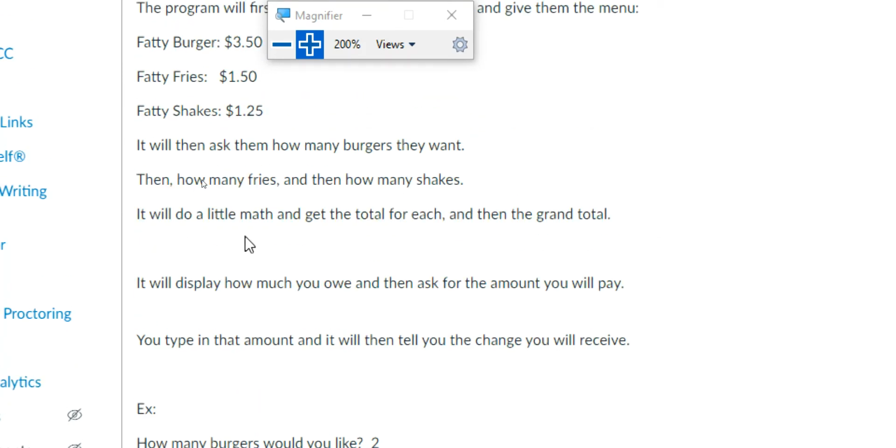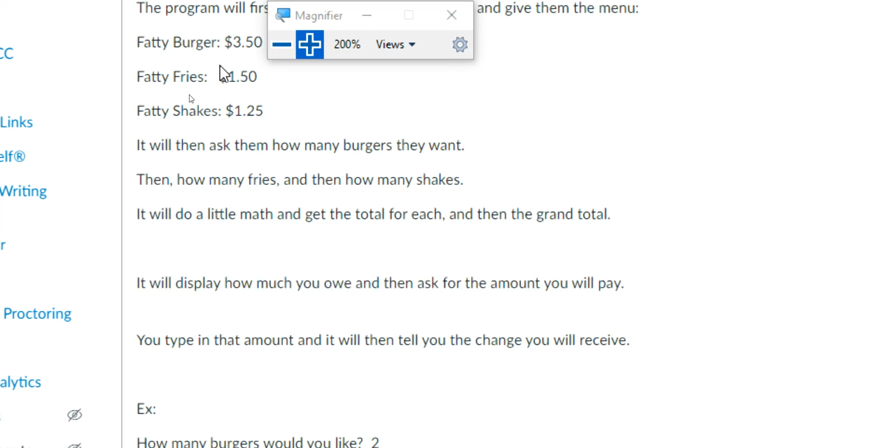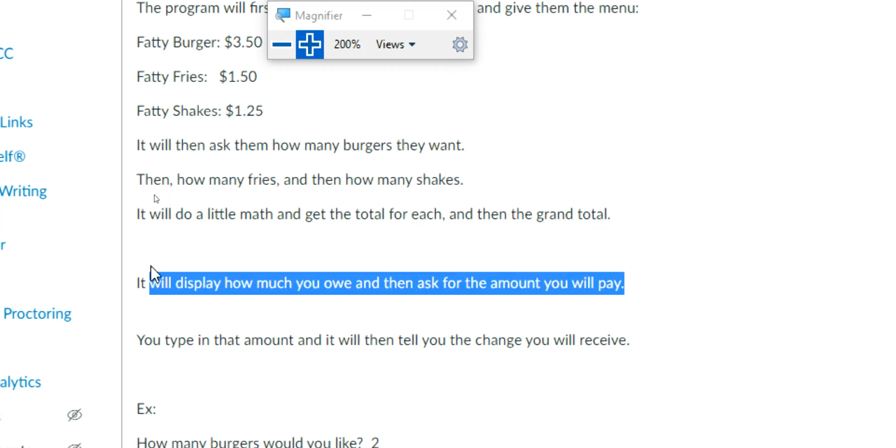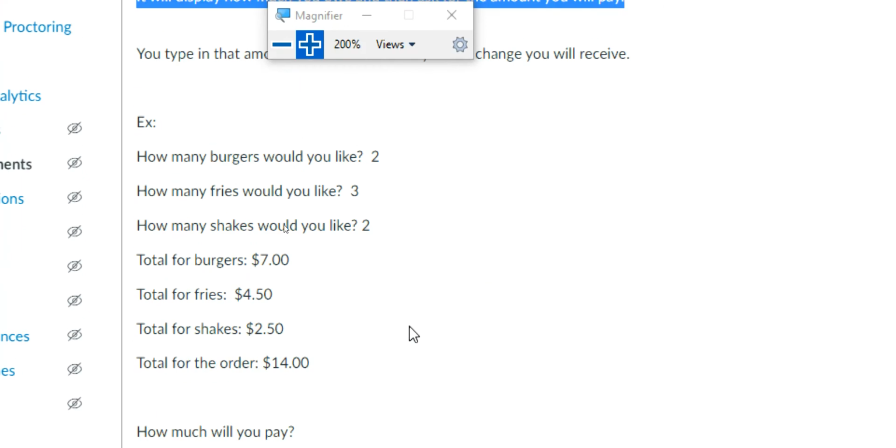Now, once you've done all the math, you'll display it on the screen. How much, you know, the burgers were, how much the fries, how much the shakes, and then how much the grand total of all of those added together are. Then you're going to ask for one more thing. How much are they going to pay? So if my example, let's scroll down here,